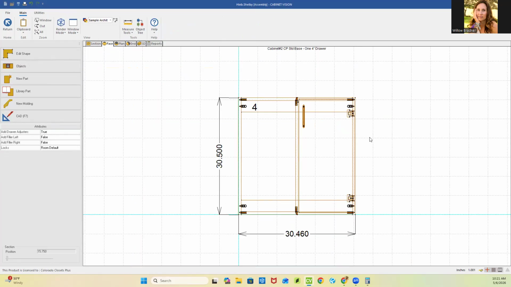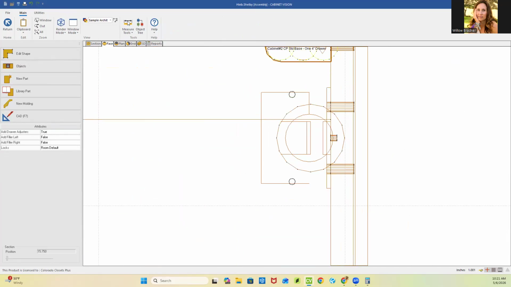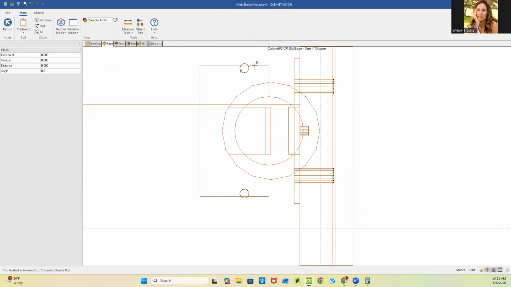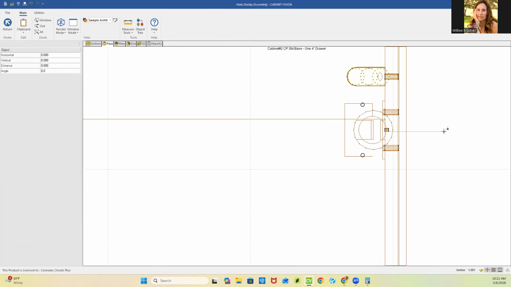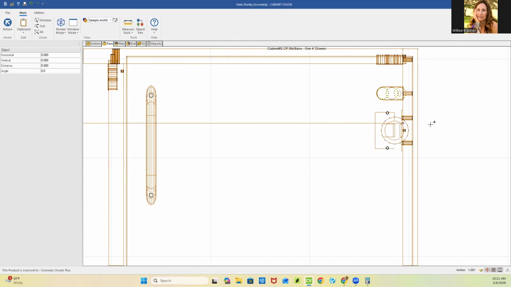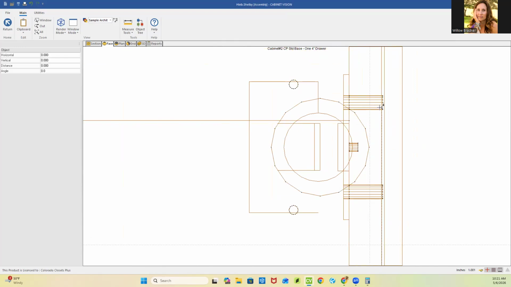We're going to take a couple numbers right now. You can basically use any two references between this object and the hinge plate, because those are the two components that are moving independently of each other. I'm going to use this back dot. Actually, no, I'm going to use this top dot and one of these dots. They're all at the same distance horizontally, right? So that's